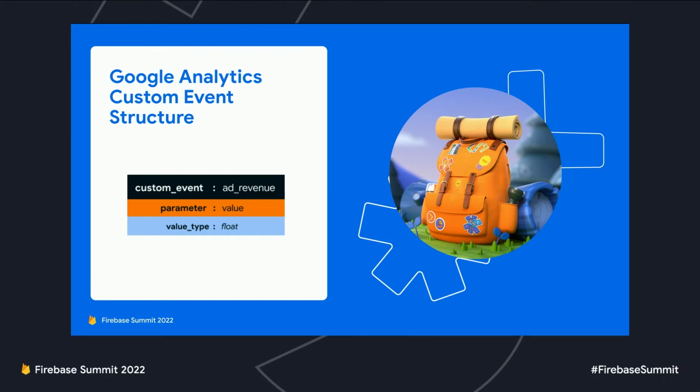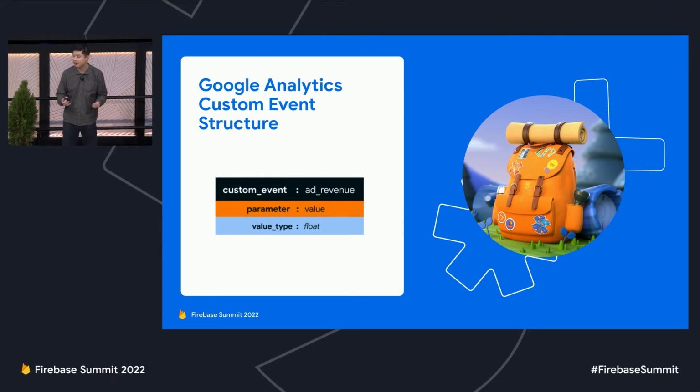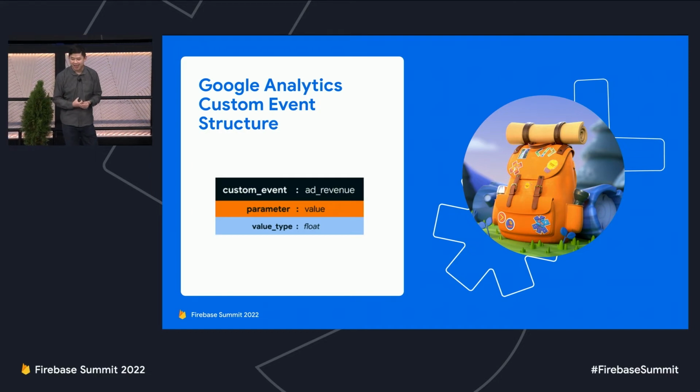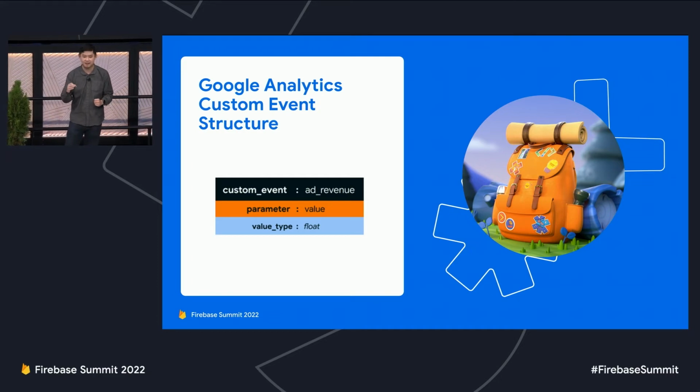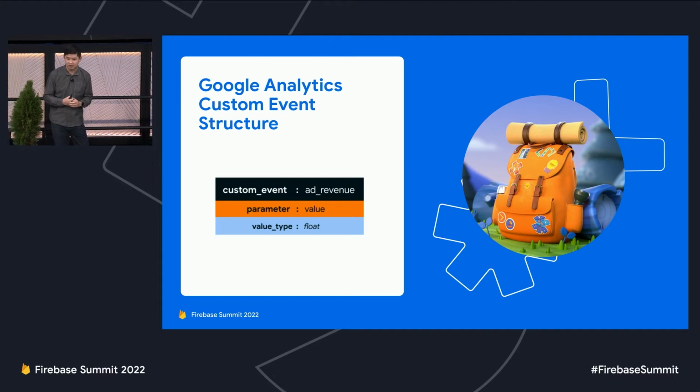Since I want to maximize for my total ad revenue, I'm going to use personalization to maximize the total parameter value of a custom analytics event I have set up. So I have a custom event set up called ad revenue. I know it's not very original, but attached to that is a float type parameter called value. Now, in my app, I'm logging this event and forwarding the impression level AdMob revenue that I'm getting from